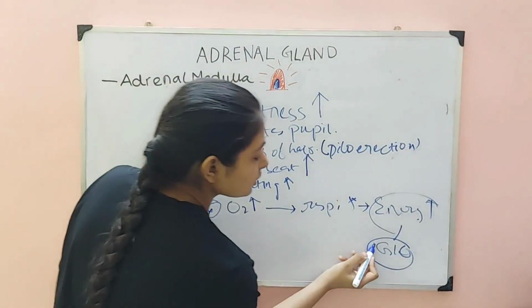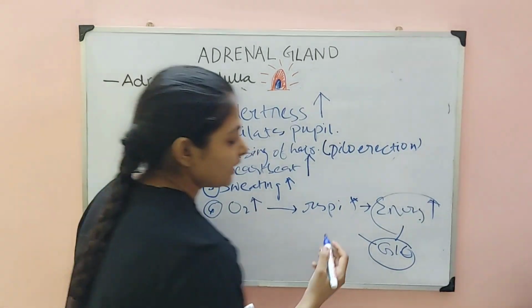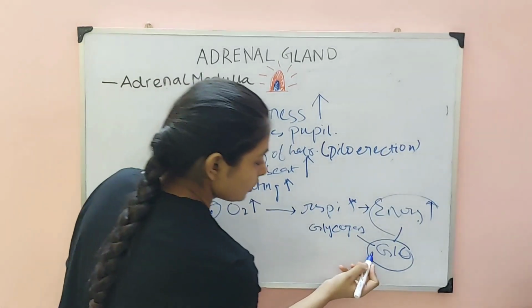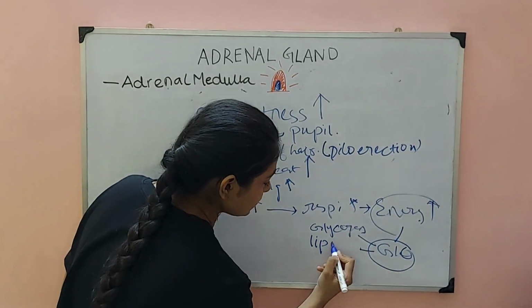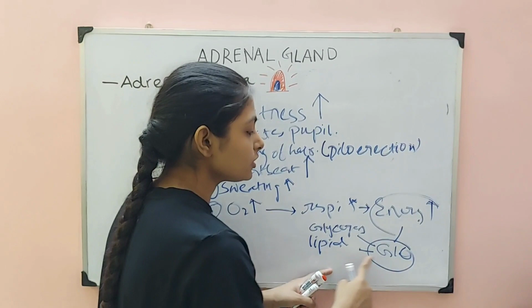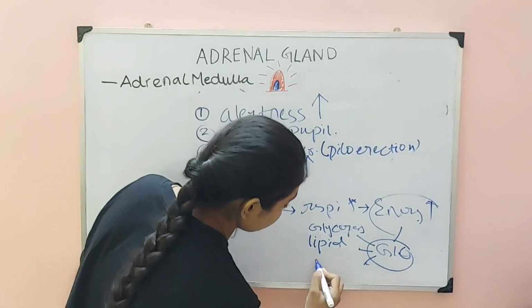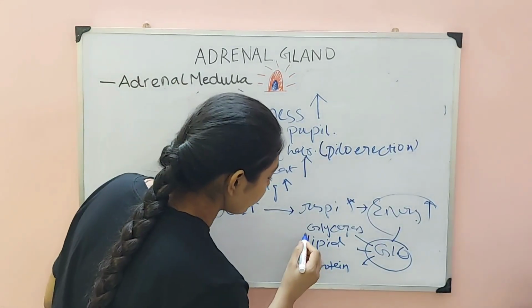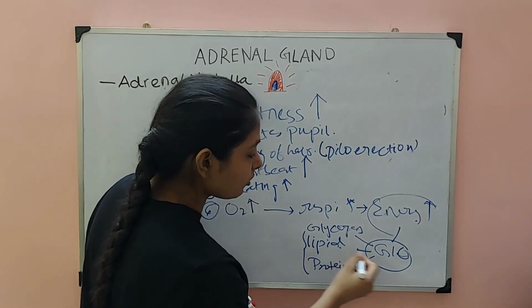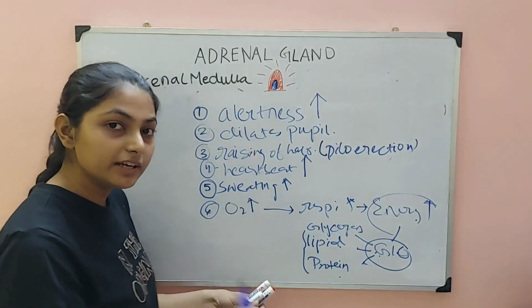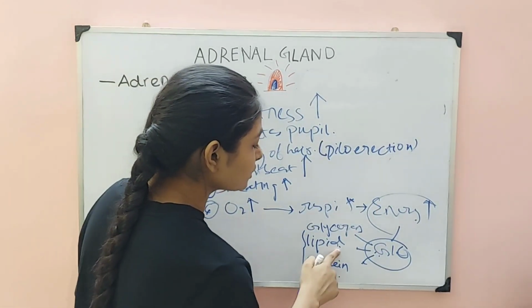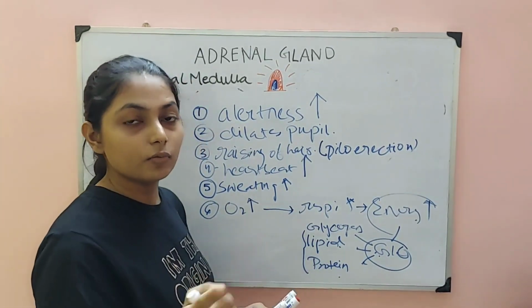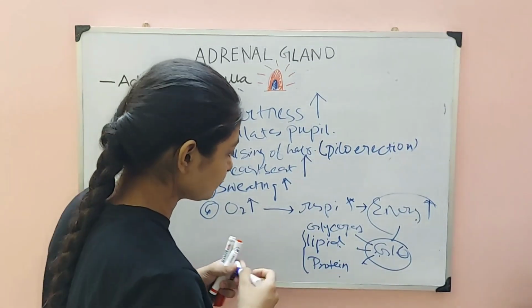Next, glucose. Now the source of glucose is not only glycogen. Yes, the major source is glycogen, but that is not the only source. Lipid breakdown will also cause increase in glucose, and protein breakdown will also cause increase in glucose. Now there is a specific term for this. Lipid forming glucose and protein forming glucose. I want you to read your book NCERT and find out the specific term for these, and then attend the next class. I'll tell you the answers there, but I want you to find that answer yourself.